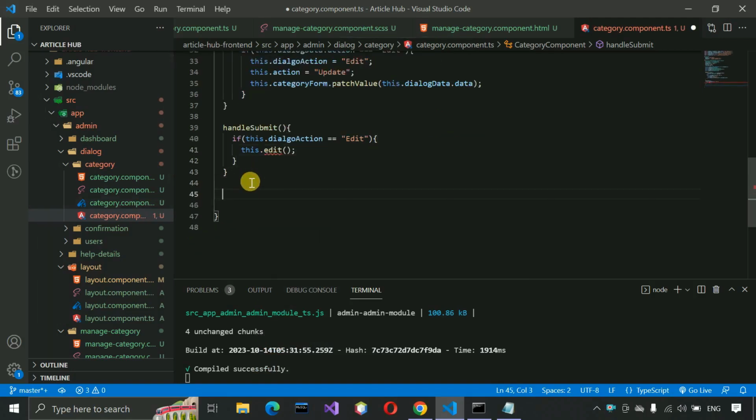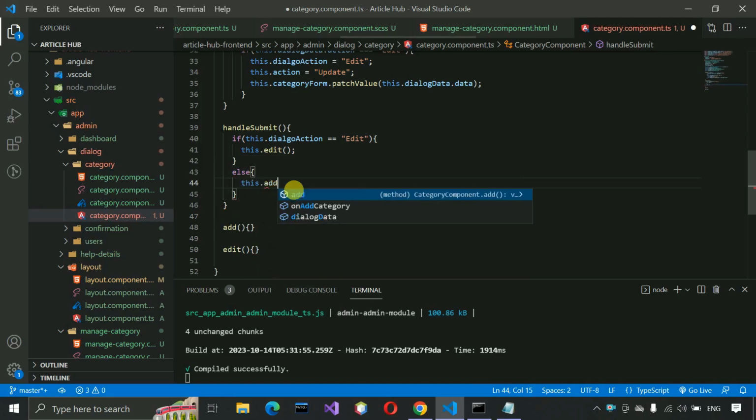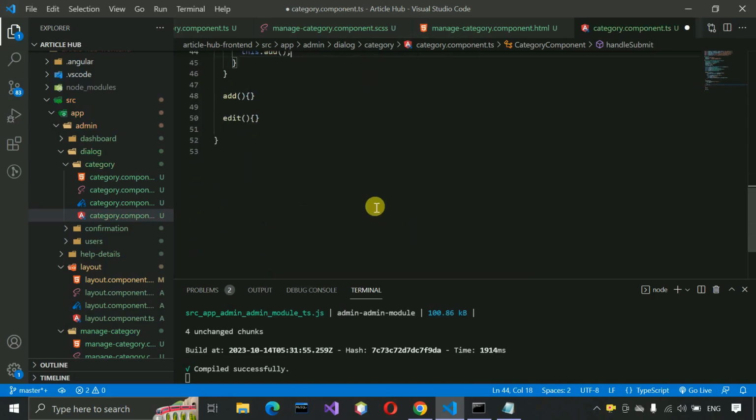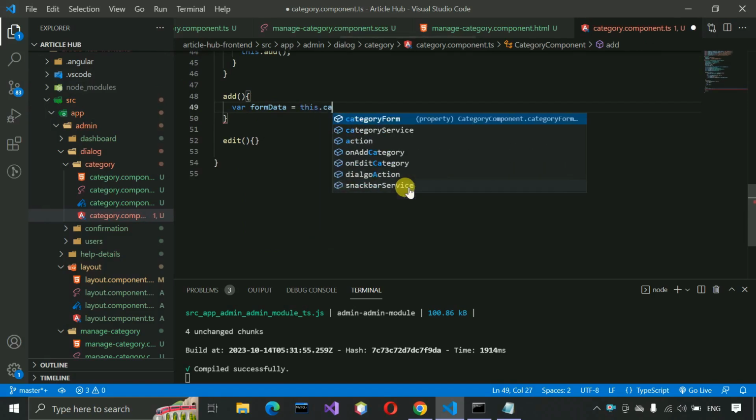So let me create here add, and then we are going to create edit. Okay, and just after that, in the else condition, this.add, this method we need to call, and inside add we need to write the code to submit the form. Once the handleSubmit has been called, we need to call the API. So formData is equal to this.categoryForm.value,